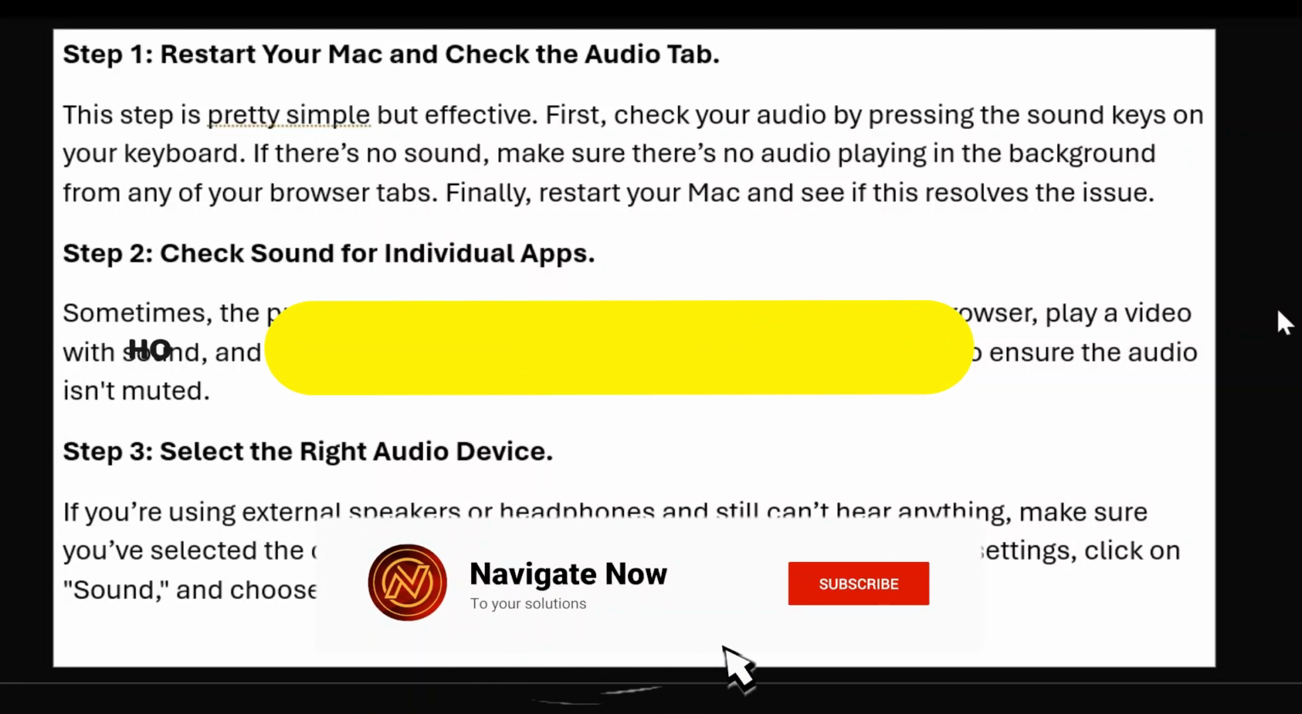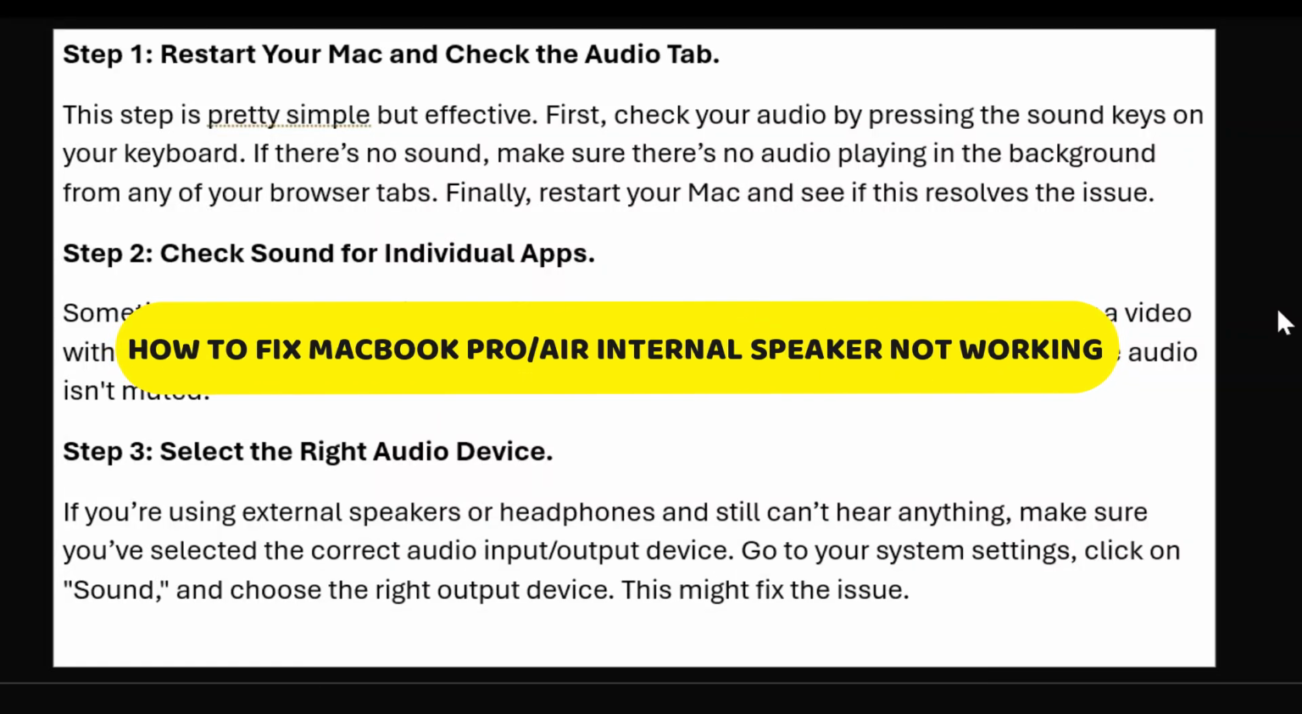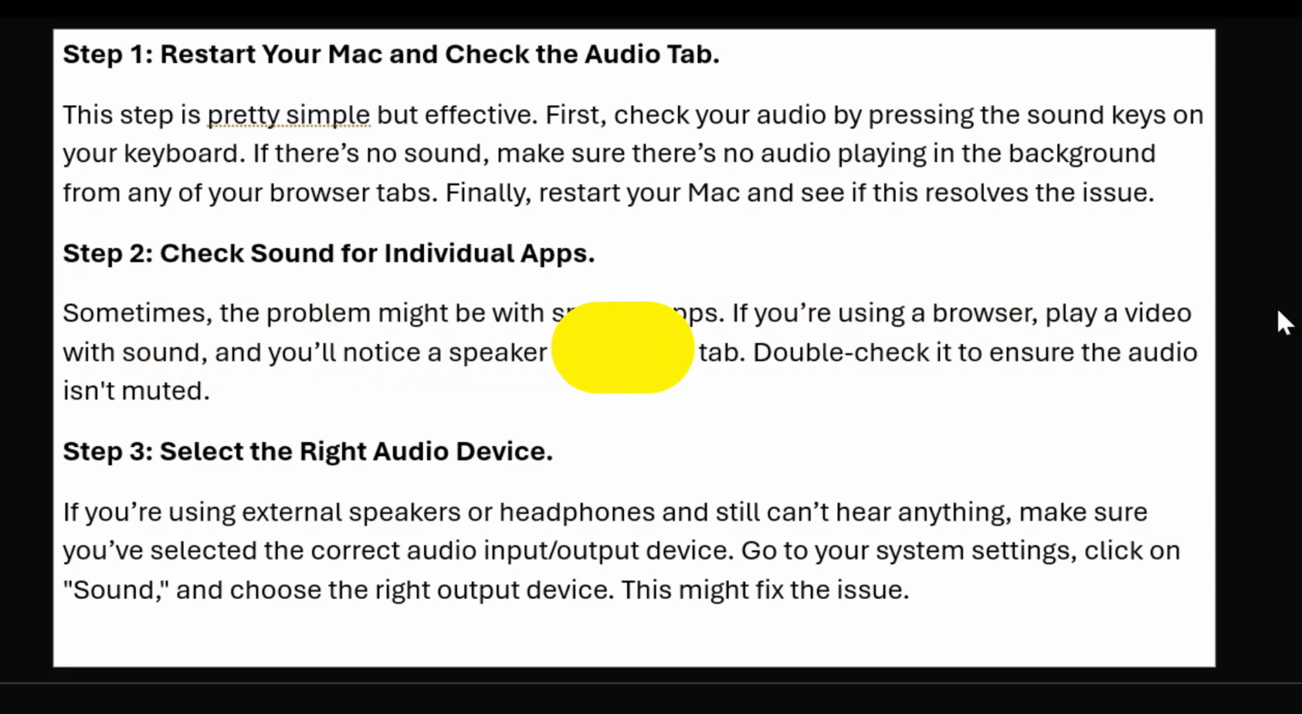How to fix MacBook Pro or Air internal speakers not working. Hey guys, in this video, I'll guide you through how to fix MacBook Pro or Air internal speakers not working. Alright, so let's begin. In order to fix MacBook Pro or Air internal speakers not working, you have to